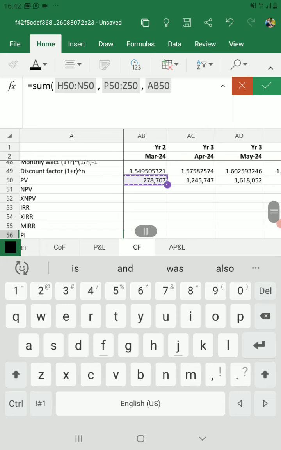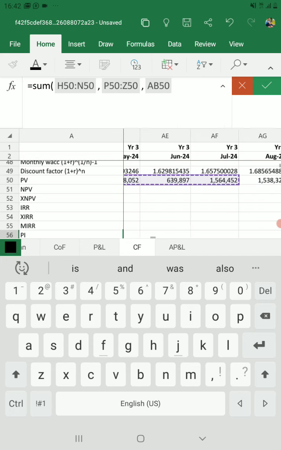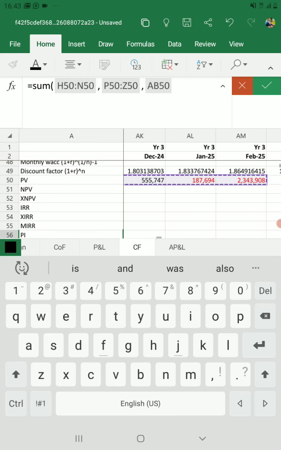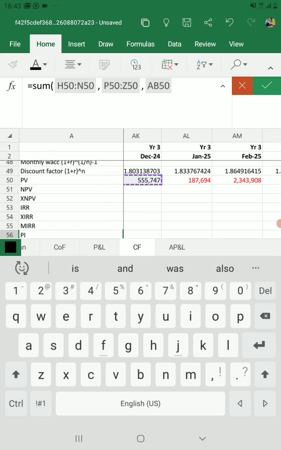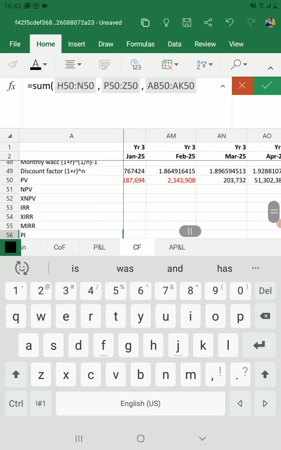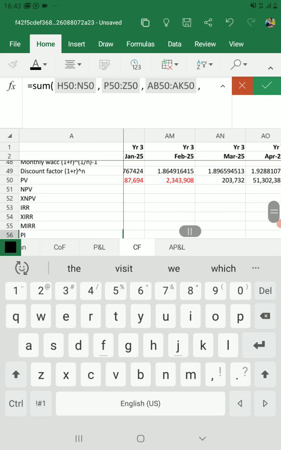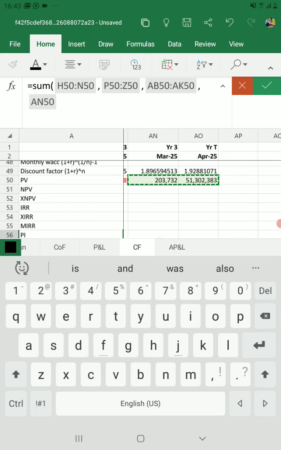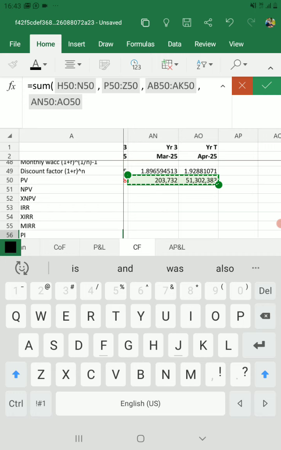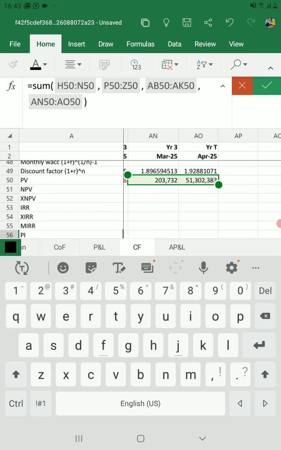Let's see where it goes. So there are others, so I drag to take all these positive figures. These are negative, so it ends here, and I put comma. I pick the positive figure again, which is this one and this one. Okay, so those are the positive ones. I close the bracket, and then I divide them